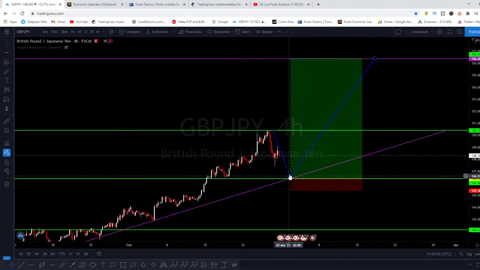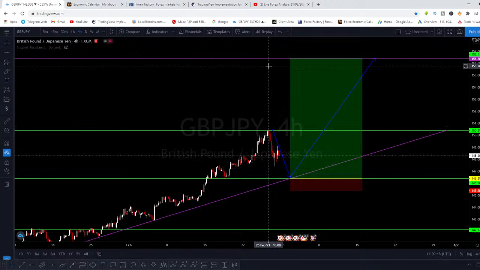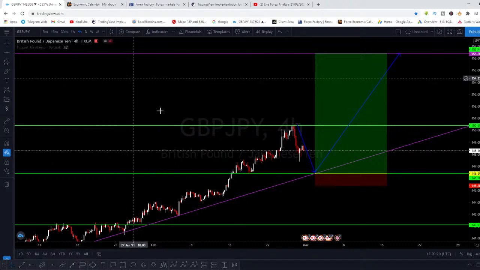And of course, before you start buying it, there must be a candlestick pattern or signal confluences around this level before you say, okay, GJ is ready to go back up to the upside again, before you start to buy it, right? So that's how we do it, guys. If there's any other question, let me know right away so that I can answer you before we go ahead. All right, guys, is there any question?